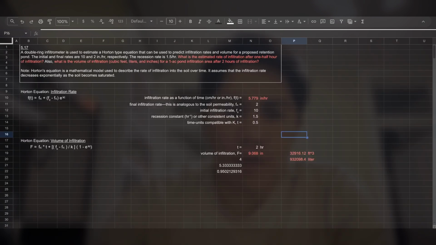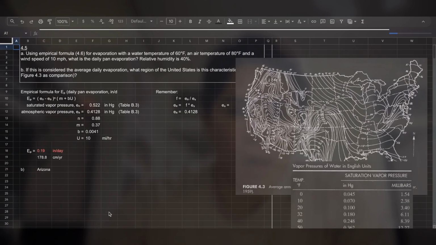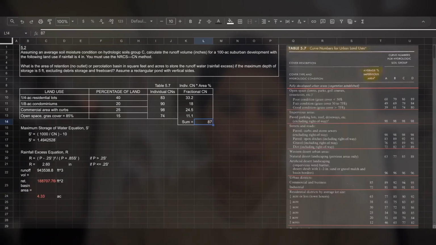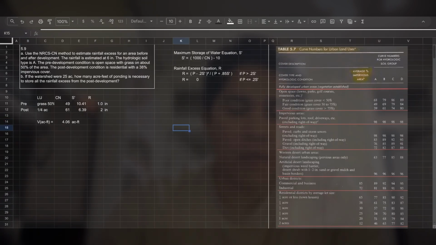So just a quick review of what we've been doing so far. A few videos ago, on video 13, we worked with evaporation. We used the daily pan evaporation. So just to recap really quick, when it rains, some of the water, once it gets to the ground, evaporates. Then we learned in video 14 about